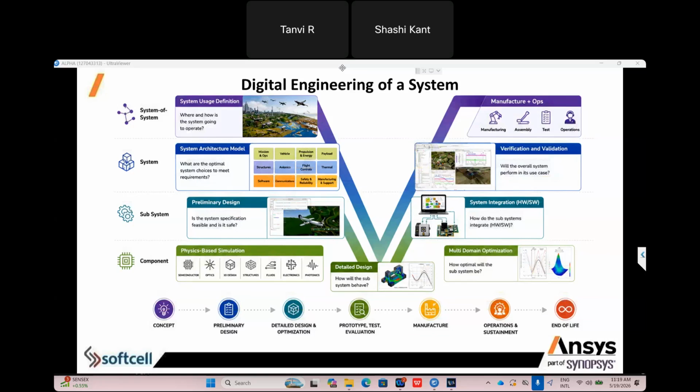Then we need to do preliminary simulation to see the path of the eVTOL. Let's suppose you want to run this eVTOL in the Bangalore area, or maybe in Gurgaon or Mumbai city. You want to see when the eVTOL will fly, whether there are any restrictions, and how much battery is required to reach the destination.